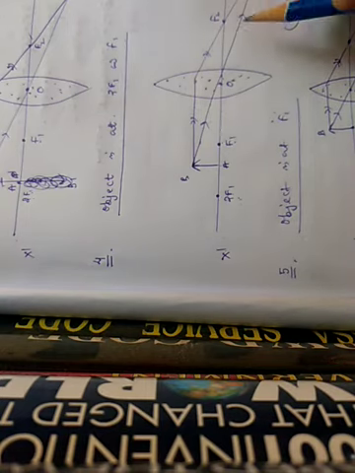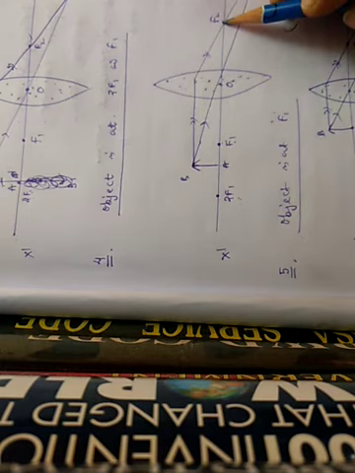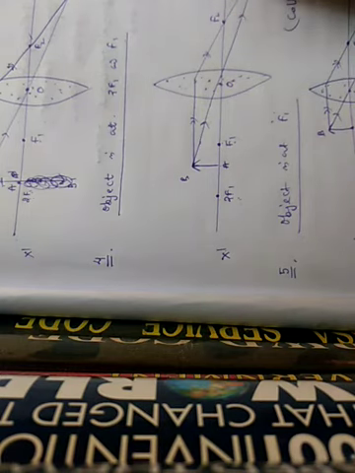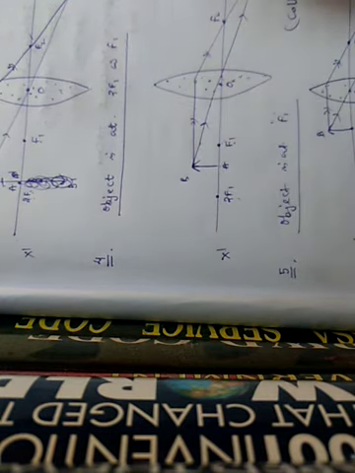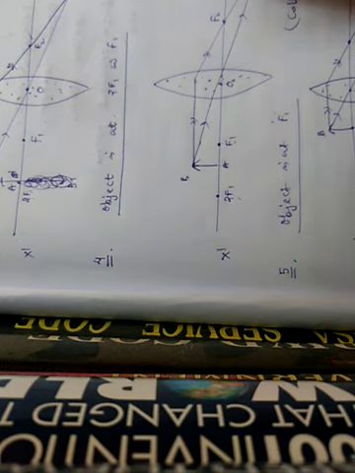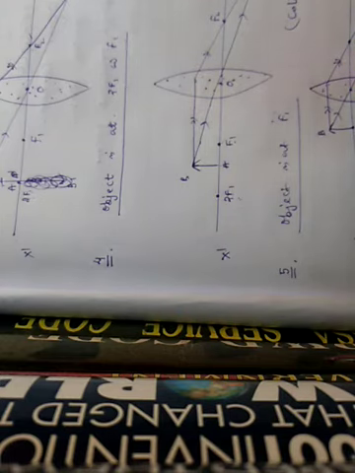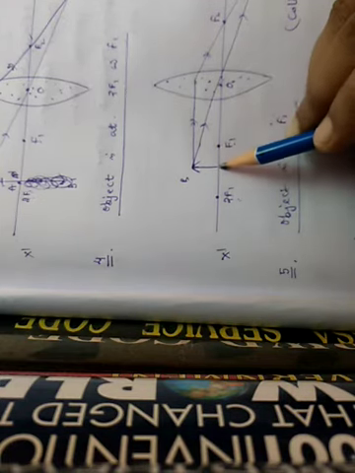First we have to put F2. Obviously the symbol is F2. Where should we put the symbol 2F2? Now remember, the object position between F1 and 2F1 means the image should be between 2F2 and infinity. As infinity is here, we should put the mark 2F2. That's why I am always telling you that you should put the F2 and 2F2 marks in the right place. Now for the complete answer: the object is AB, the image is A dash B dash, the image is formed between 2F2 and infinity, and the image size is magnified, real and inverted.